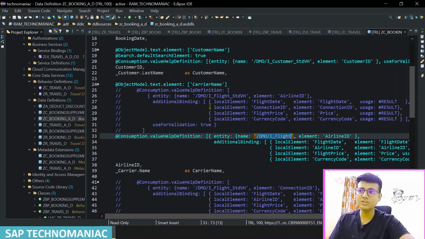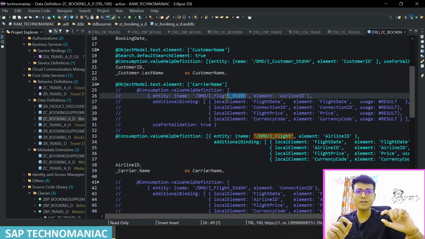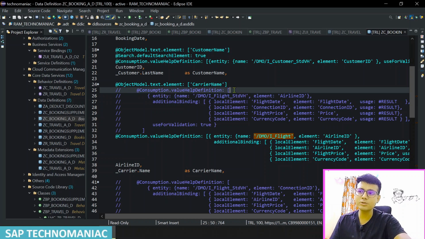So you have to make sure, instead of using the standard value help, you can create your own value help, because in the standard value help you have given the object model annotations, that is not coming properly, and this value help is not proper. That is the reason it is not working. So instead of using this particular value help, I have used my table directly, and I validated using the